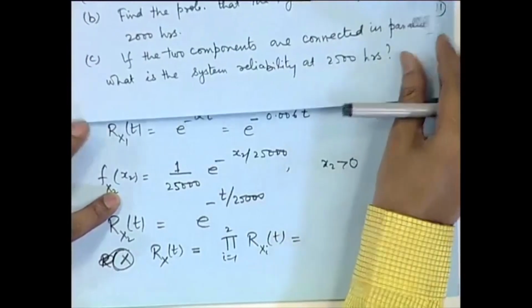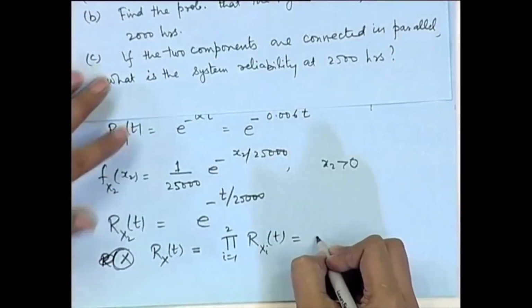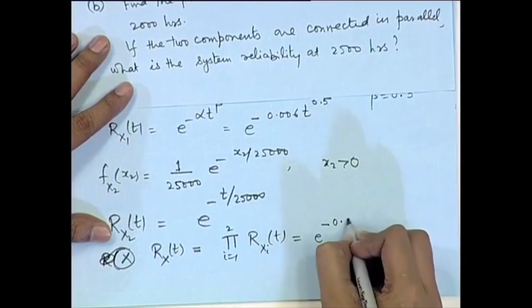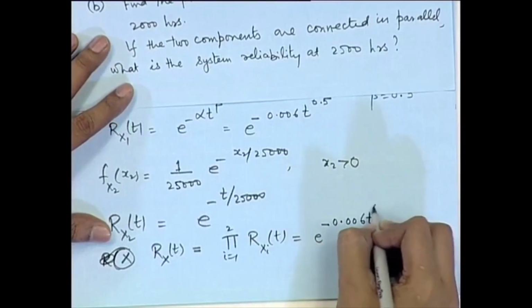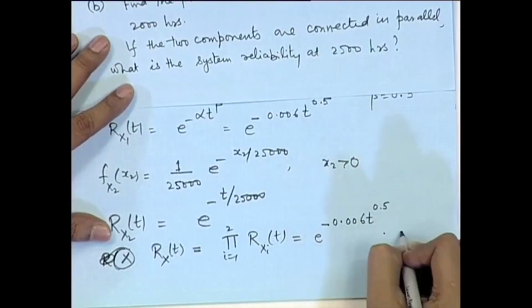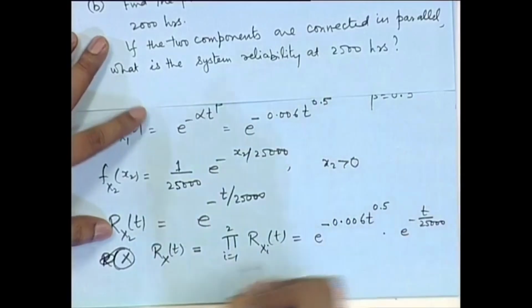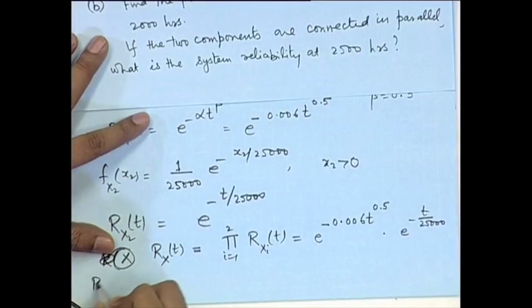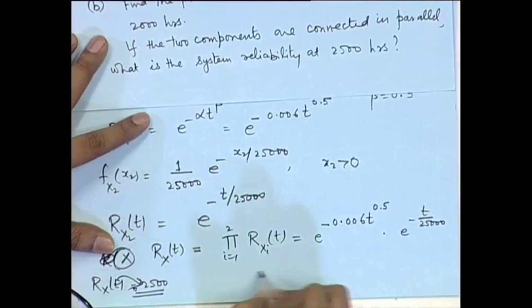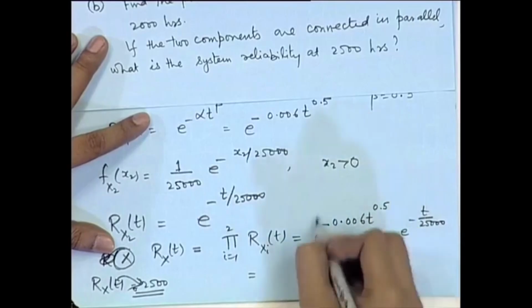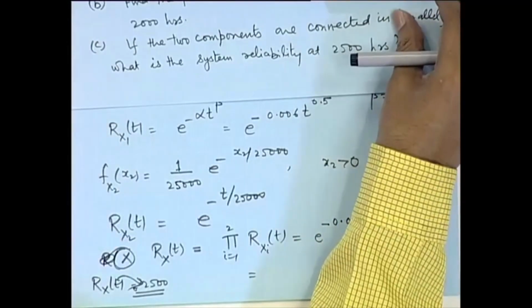So this is equal to e to the power minus 0.006 t to the power 0.5 into e to the power minus t by 25,000. Calculating at t equal to 2500, after substitution, this value is evaluated to be